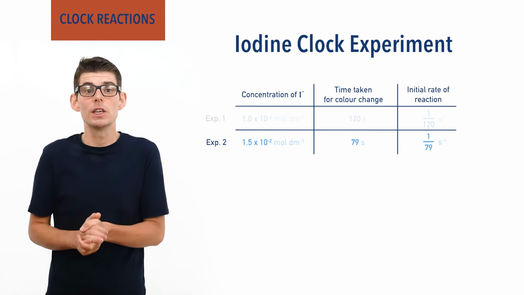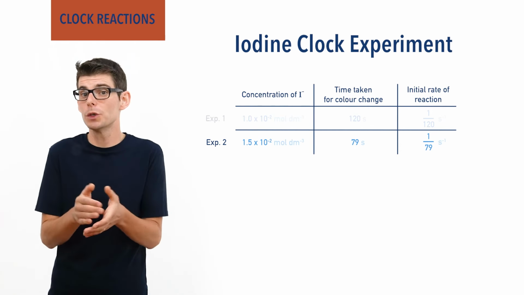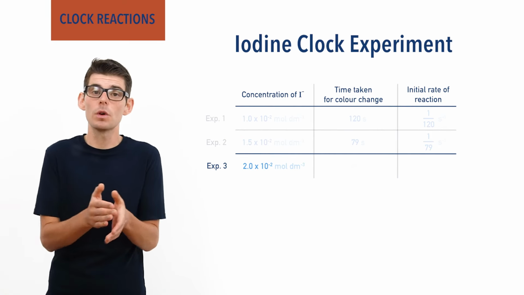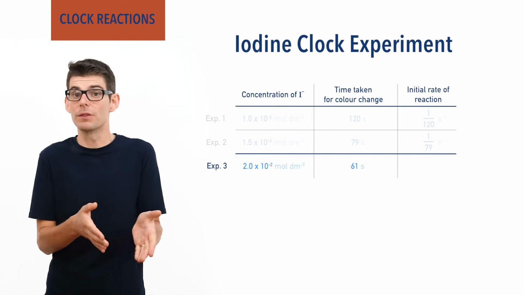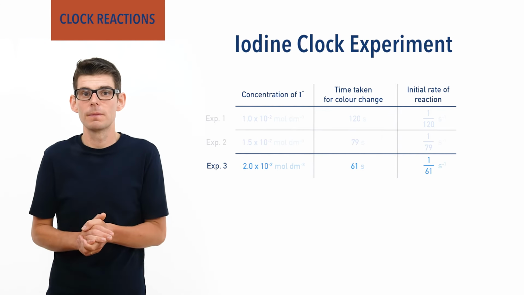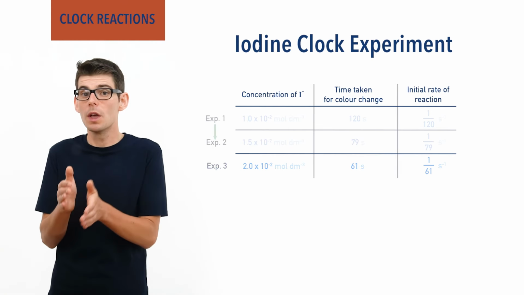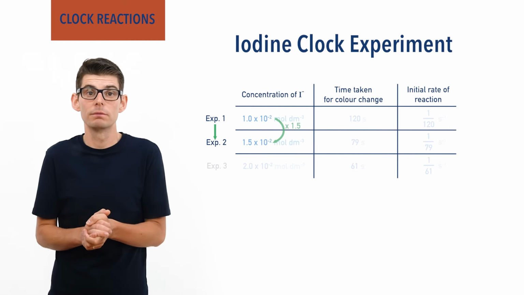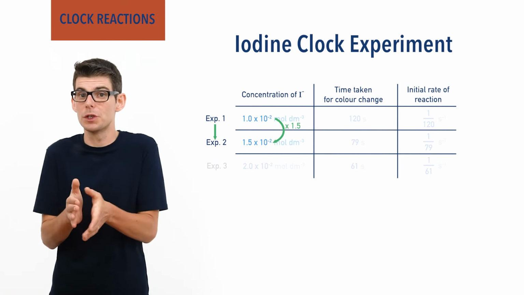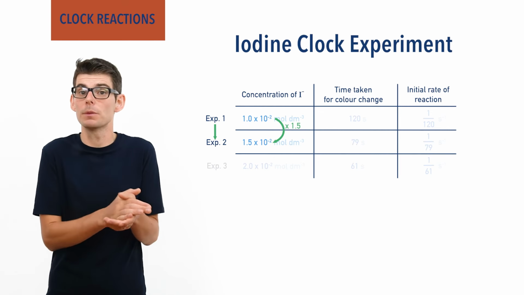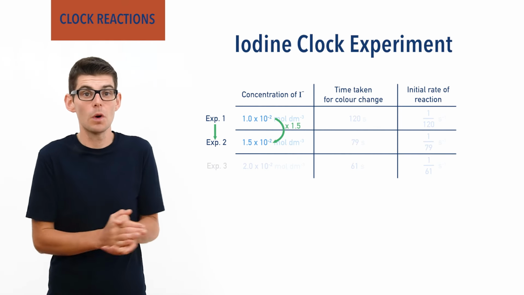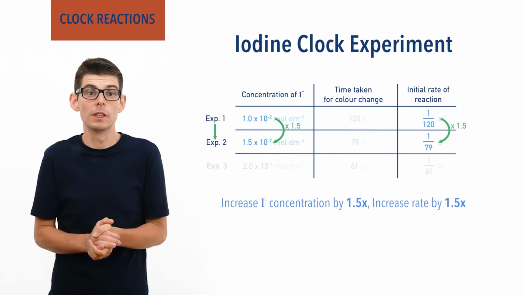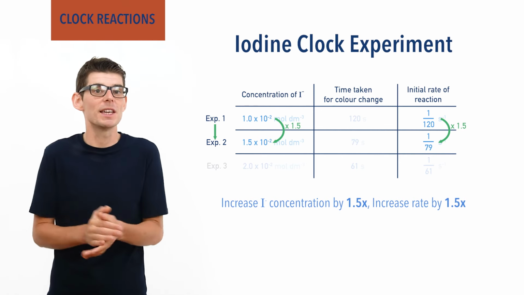And then again using a concentration of iodide ions of 2 × 10⁻² mole per decimeter cubed, this time taking 61 seconds for the colour change to occur, given a rate of 1/61. From trial 1 to trial 2, the concentration of iodide ions has been increased by a factor of 1.5, as in the concentration of iodide ions used in trial 2 is 1.5 times greater than the concentration used in trial 1. The rate has increased by a factor of pretty much 1.5 as well, as 120 divided by 79 equals